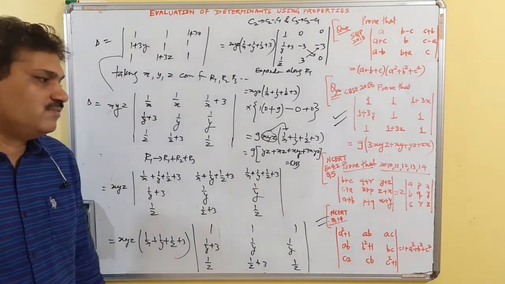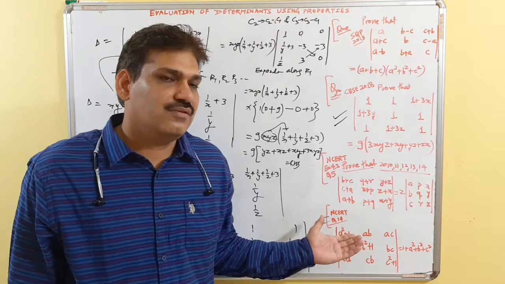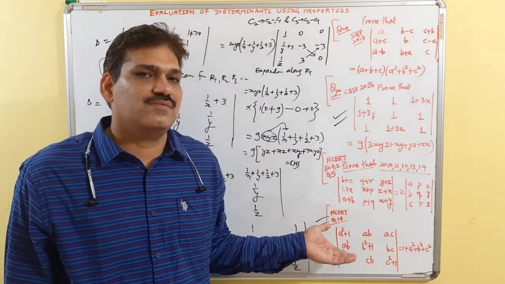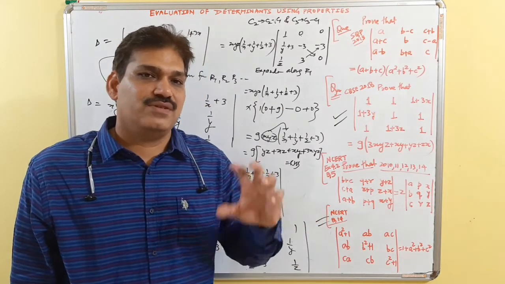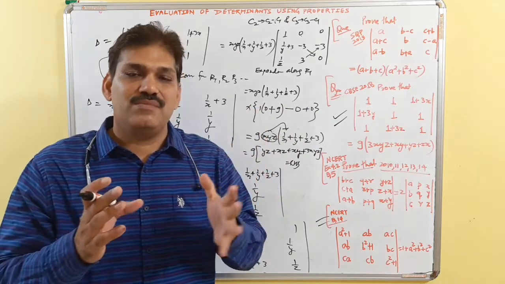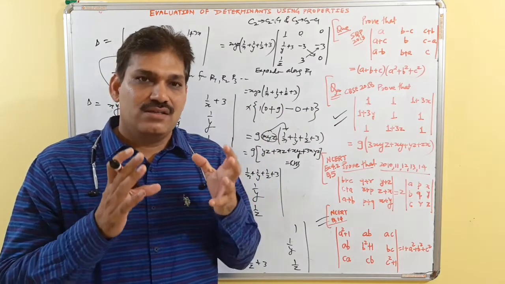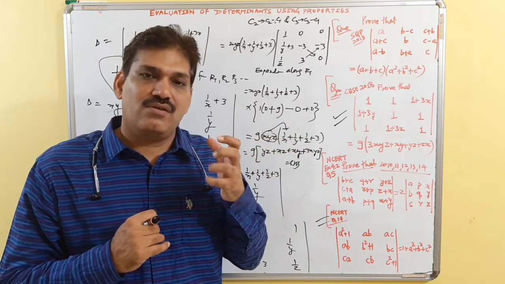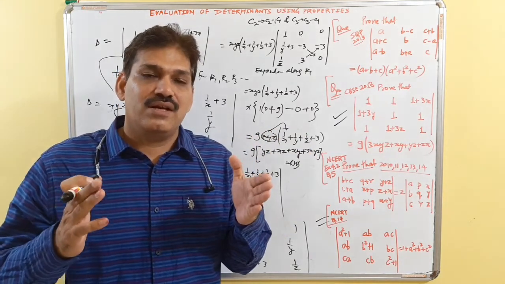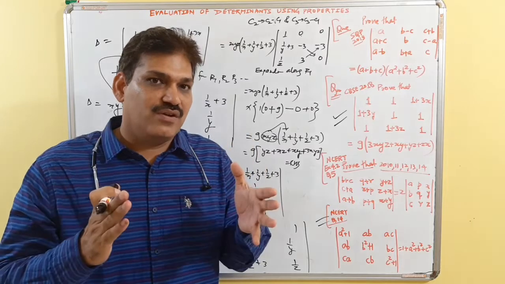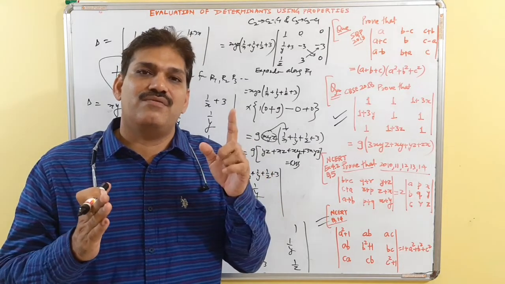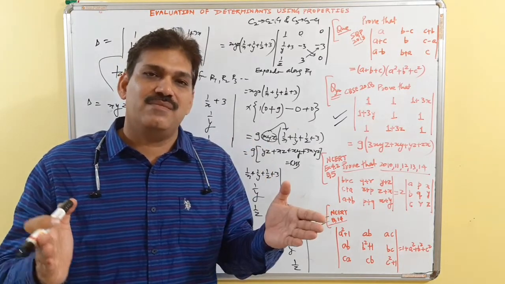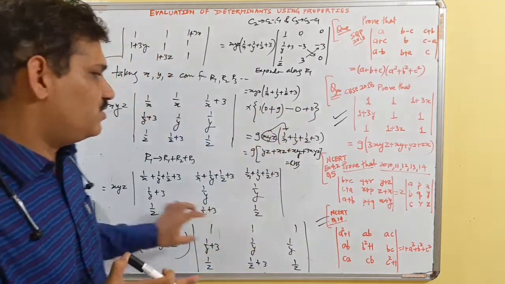So we have discussed some question. This is question number 14 of NCERT textbook. We have discussed an example in which we have taken common. Apparently a, b, c or x, y, z are not seen common, but what we did is we took that common so that we can get something common, and after getting common we get 1 1 1, that is, identical elements. We make 2 zeros and we proceed.